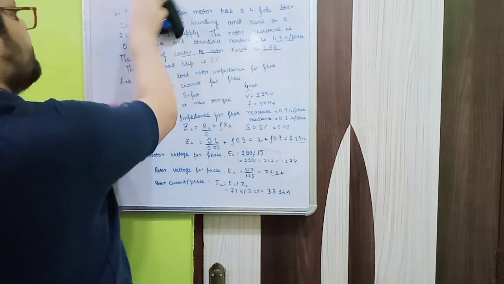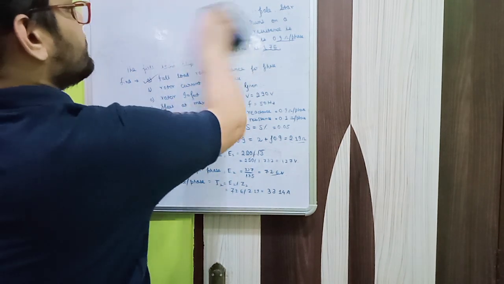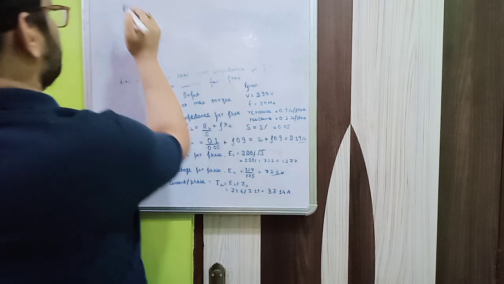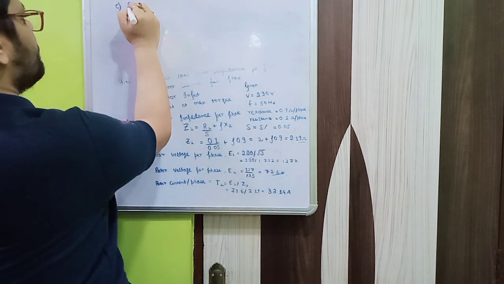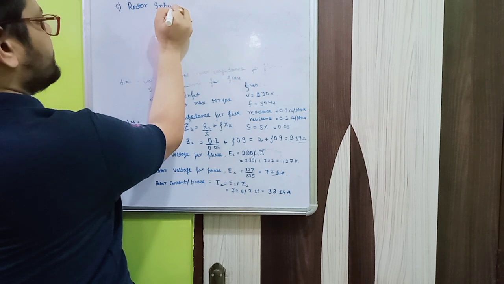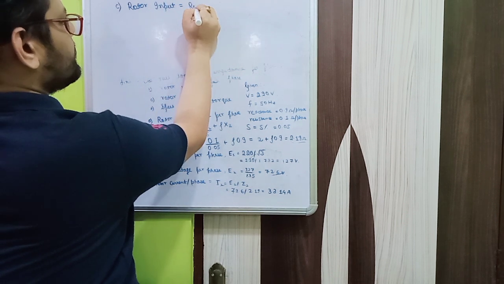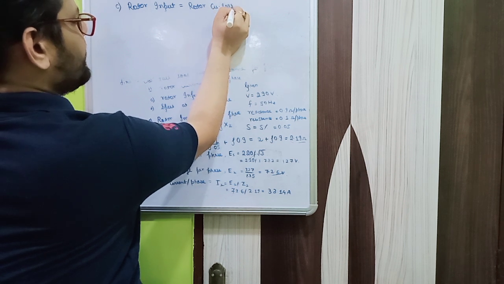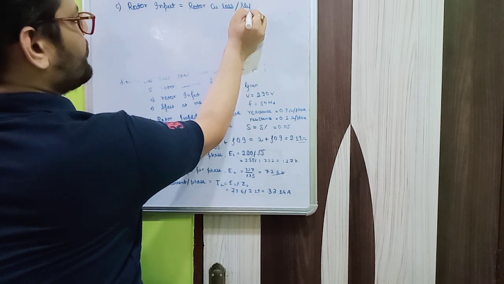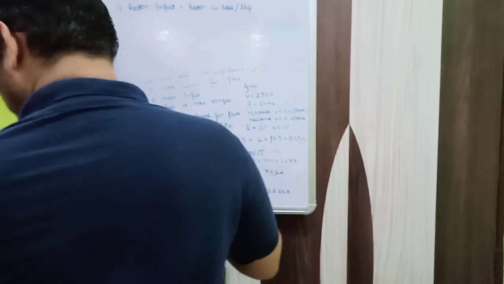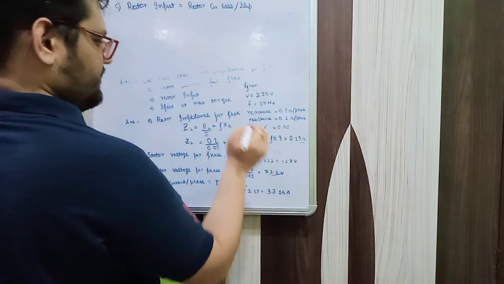I have to just erase this part. The other part is option C, the rotor input. Rotor input is nothing but rotor copper loss divided by slip. So what is the value of the rotor copper loss? We have already found it, that is 300